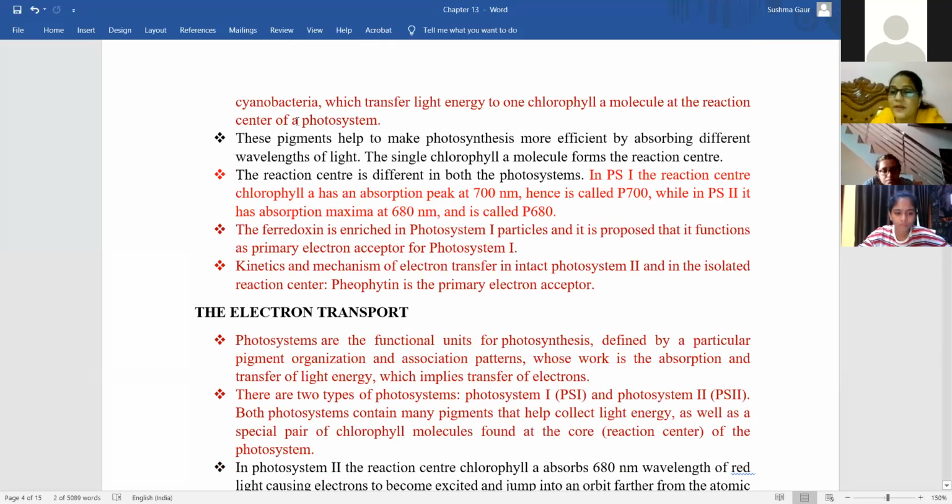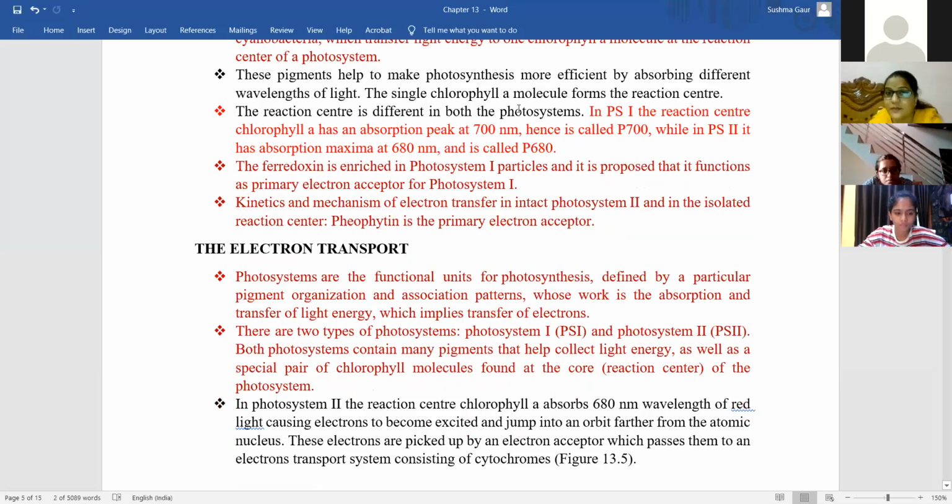There will be a difference in the reaction center in both photosystems. In photosystem 1, the reaction center is chlorophyll A and it absorbs the peak at 700 nm, so it is known as P700. Photosystem 1 is known as P700 because chlorophyll A absorbs light at 700 nm. Photosystem 2 is known as P680 because it absorbs maximum at 680 nm. You have to remember this. A question is generally asked why photosystem 1 is known as P700 and photosystem 2 as P680, because they absorb the